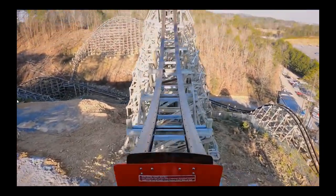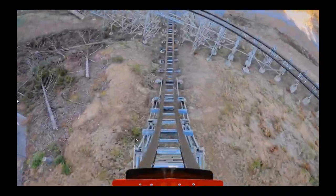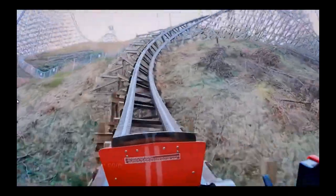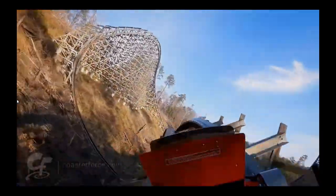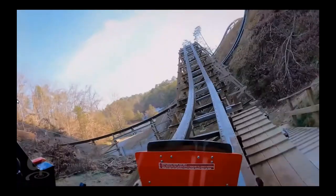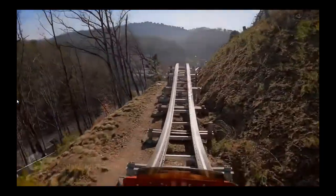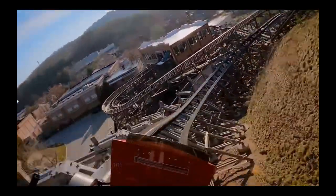I don't know. But yeah, basically, all 6 of these hills are just going to try to throw you out of your seat as hard as possible. It might not be quite Skyrush first drop level, but it's up there with some of the strongest airtime moments. And you've got 6 of these in a row, and basically no break in between them. You're just getting tossed out of your seat, getting absolutely crazy ejector airtime, and you have basically no time to recover. The only recovery time you have is when it does these lateral jolts,